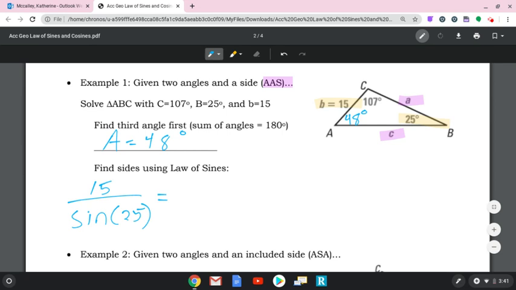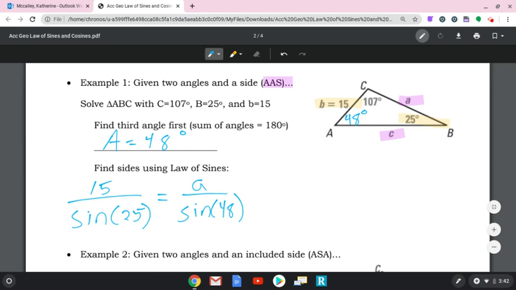So say I wanted to find A first. I would set this up and say I want to find A would have to be over sine. Now I know the angle A is 48 degrees. So how do I do that? So let's cross multiply. You do 15 times sine of 48. Make sure your calculator, guys, go to mode and make sure your calculator is in degree. 15 times sine of 48